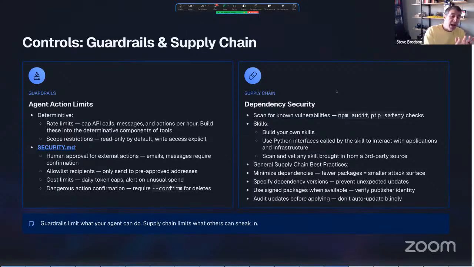In my action limits, I can build determinative things into that Python code that Blaster has no control over. I can build in, for example, rate limits. If I'm using external APIs, you have to be really careful because he'll just use up all your tokens. How do you prevent that? Rate limits are one way.